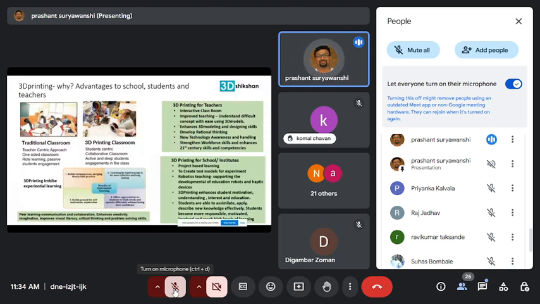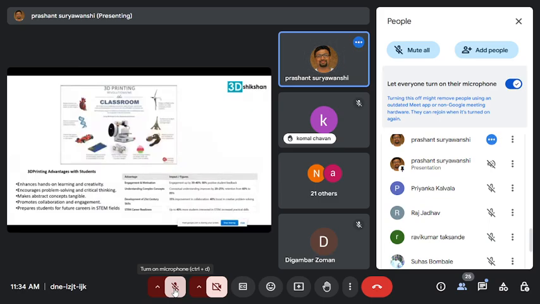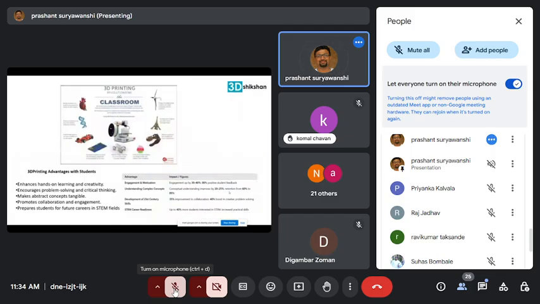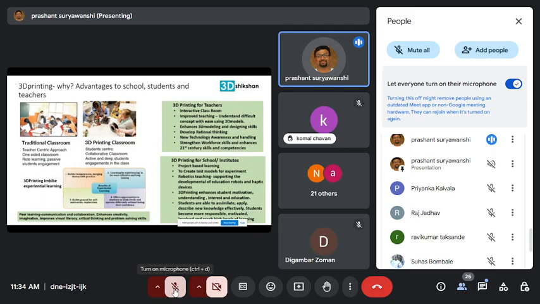3D printing helps teachers explain difficult concepts with ease, because they are going to use these kinds of 3D models. I think I have this kind of structure here. So you can simply use 3D models and prototypes.